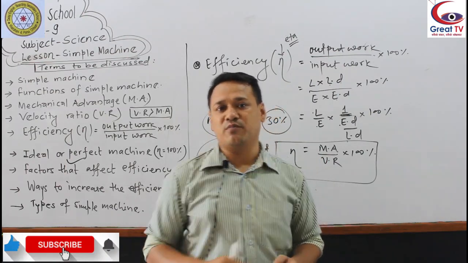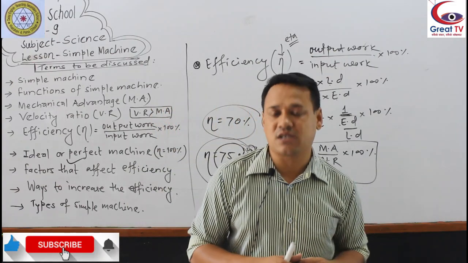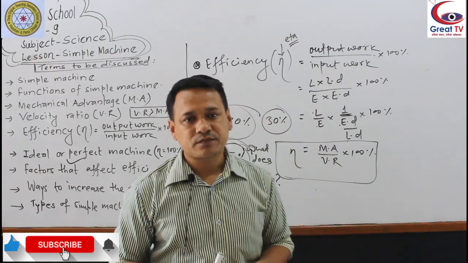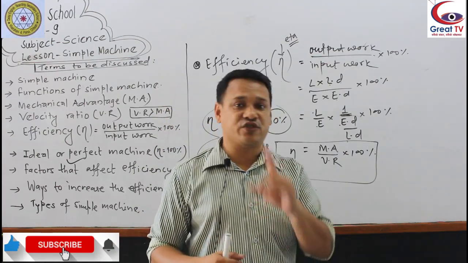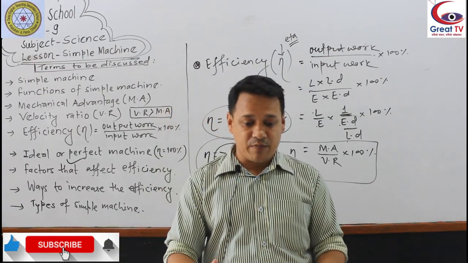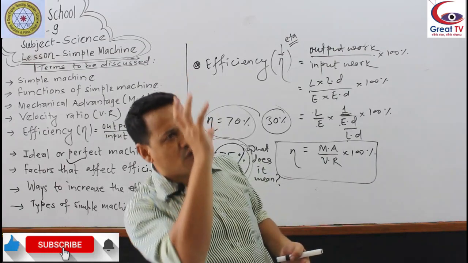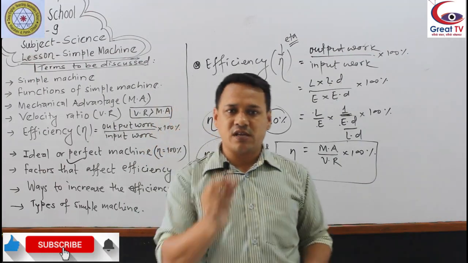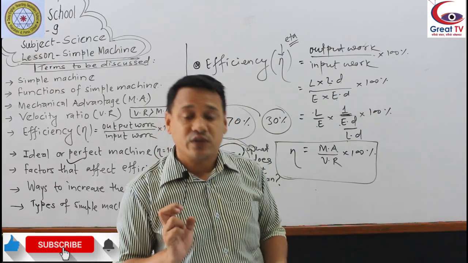So first point is friction. Friction reduces the efficiency of a machine. Another one, weight of movable parts of the machine. Weight is directly related to gravity. If the body has more mass, it is affected by more force of gravity. If the body has less mass, it is affected by less force of gravity, pulls downward with less force,